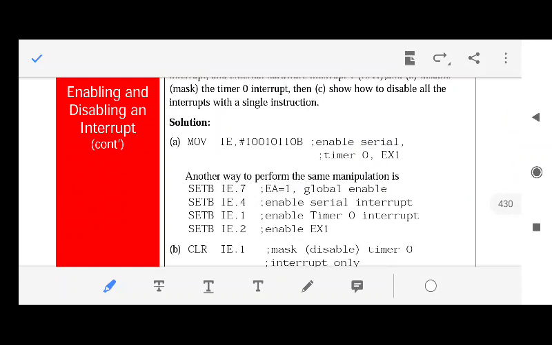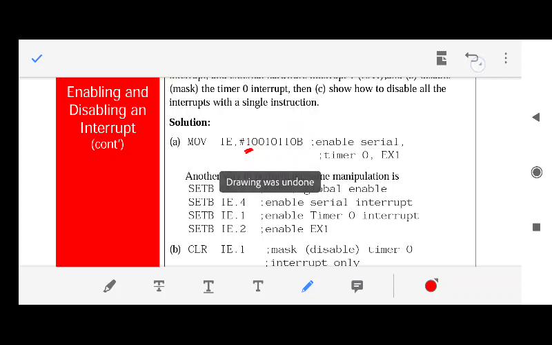This should be 86H. So instead of writing 86, it has written bits, in the bits format. You can write in the bits format also, or you can write it like that, 86H. It is similar. So we prefer the hexadecimal, because in programming we use hexadecimal only. So what has been done to enable and disable the interrupt? The first bit is always 1, and any interrupt which is to be enabled has been made 1, and all other interrupts are made 0.